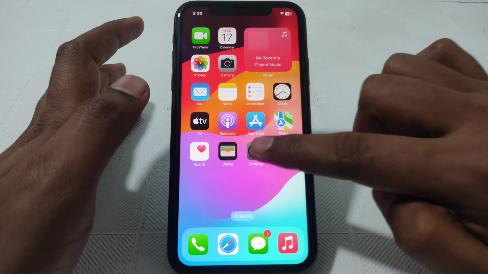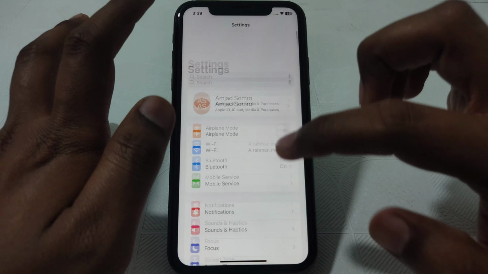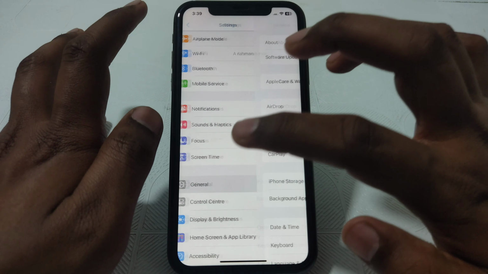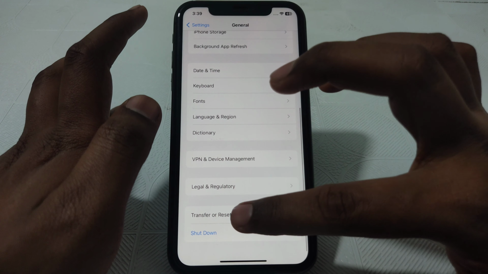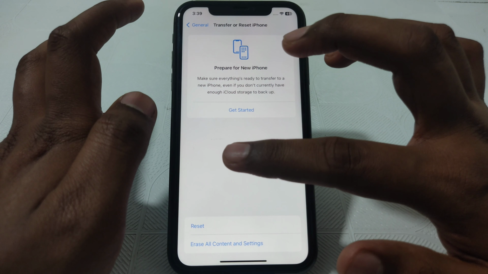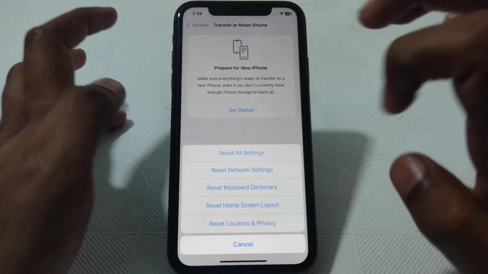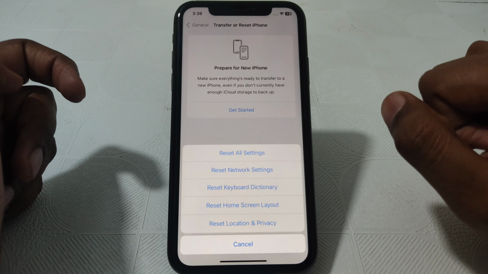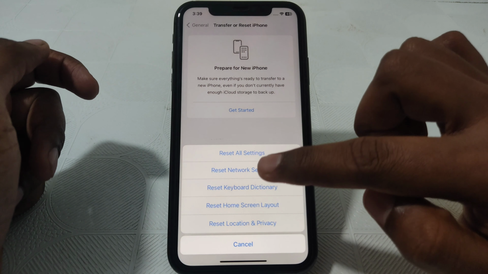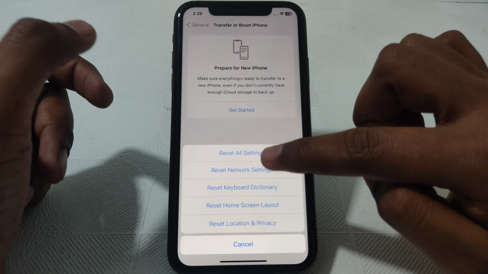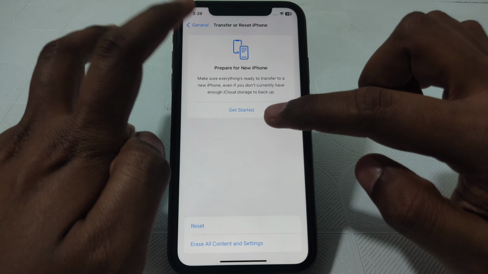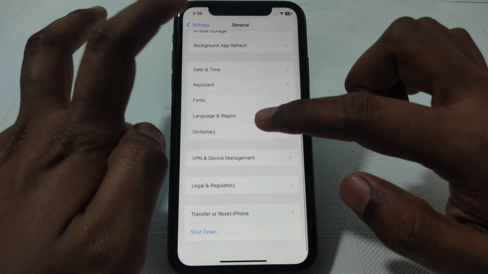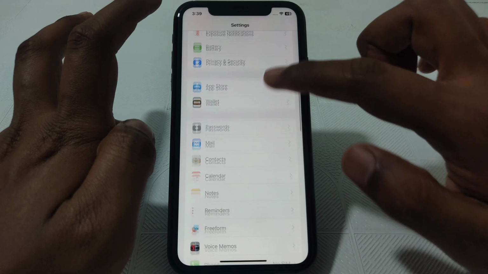And the next thing you have to do is click on settings, and after that scroll down until you find the option of general. Here you have to scroll down until you find the option of transfer or reset iPhone. Here you have to click on it, and after that click on reset network settings. So you have to make sure that you have reset all your network settings, and after resetting all of your network settings, you have to go back and scroll down until you find the option